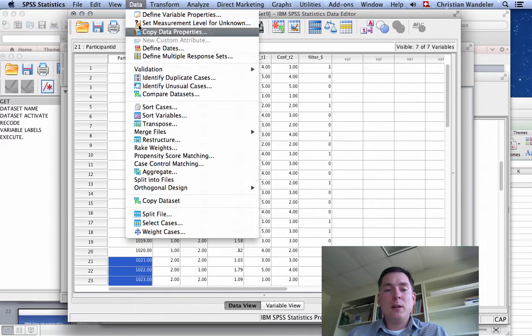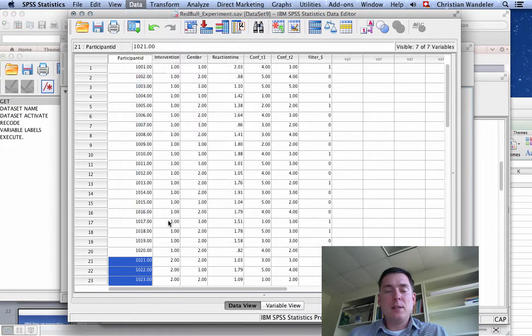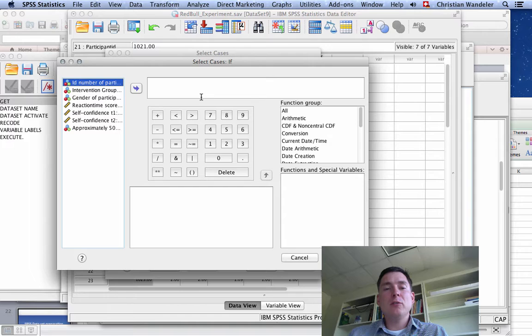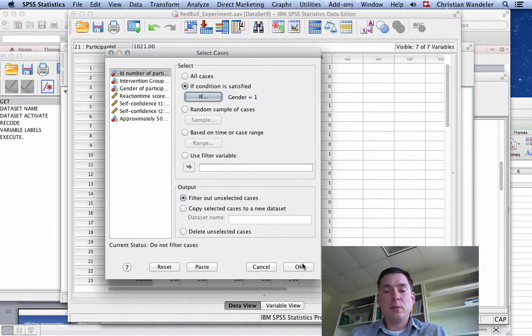You go into Data, Select Cases, and the first option is define our own criteria. So here let's say we want to select all the women. So we choose the variable gender, and because female is coded as 1, we say if gender equals 1, then select the people, the cases. We hit OK,